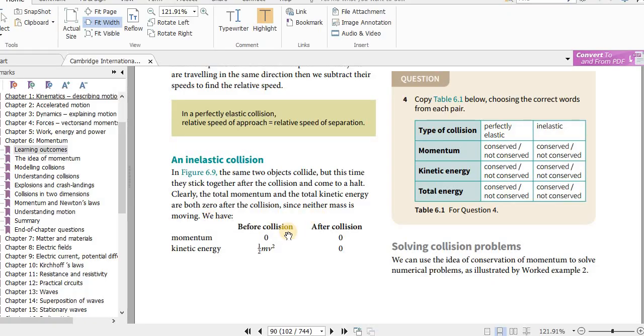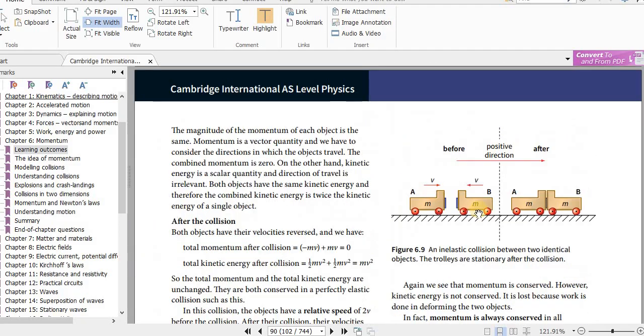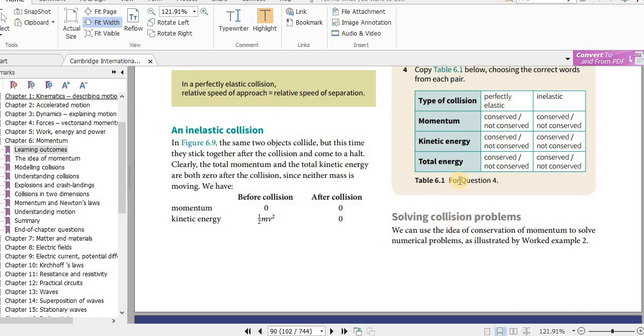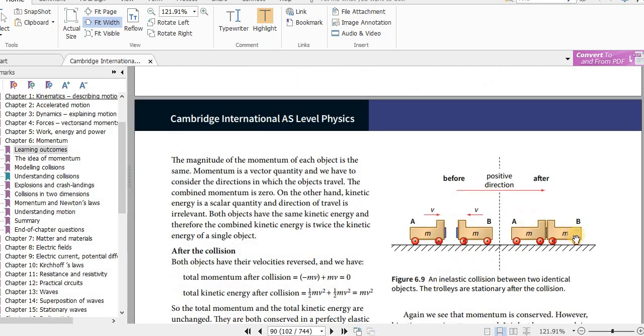Okay, so here you can see before collision, the kinetic energy before collision, then after collision it has stopped. So that is this diagram. Okay, so here the kinetic energy is not conserved because you can see they stick together. Stick together means